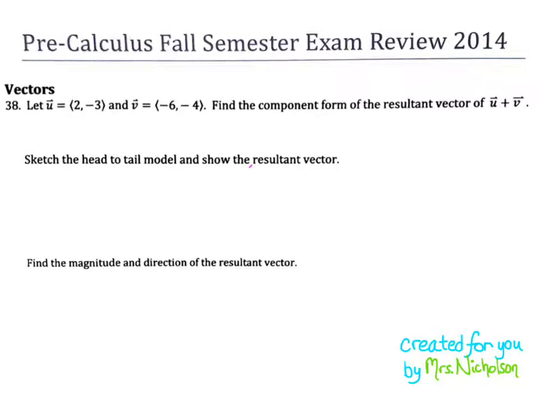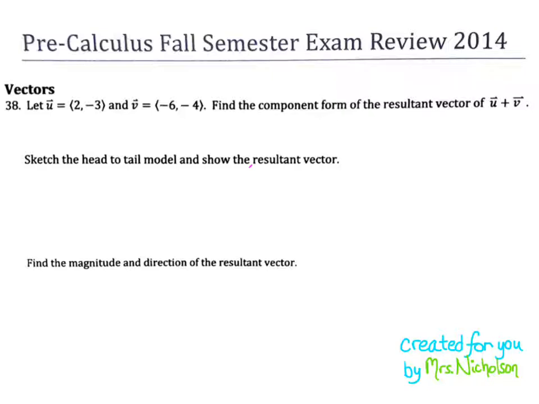In this video, we're going to review vectors and polar graphing. Our first question asks us to add together two vectors. We have vector u, whose component form is 2, -3. Vector v has a component form of -6, -4. And we're asked to find the component form of the resultant vector when we add vector u and vector v